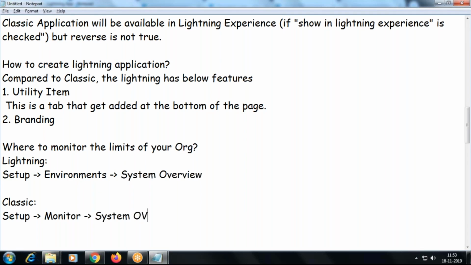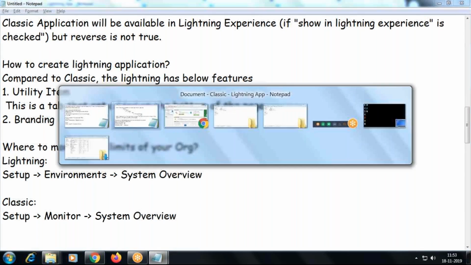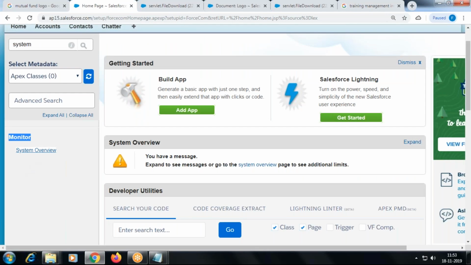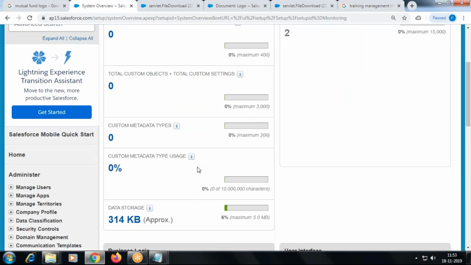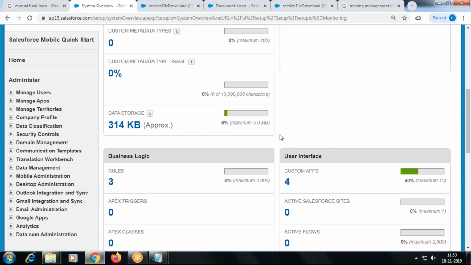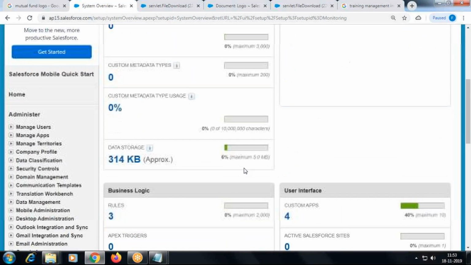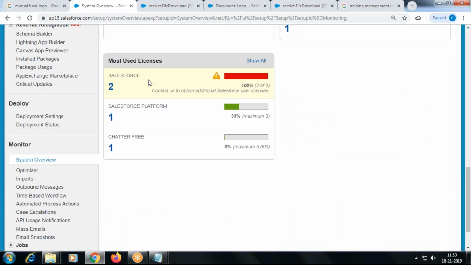So System Overview, the classic System Overview. We see here how much data storage we used and how many licenses we assigned. Everything, Chatter, free, everything is here. You cannot monitor here.